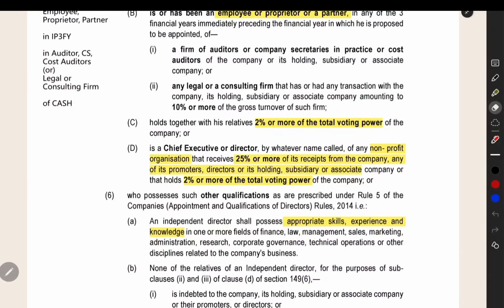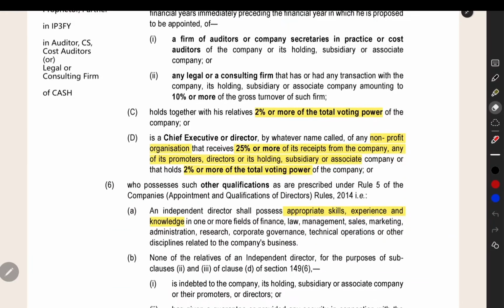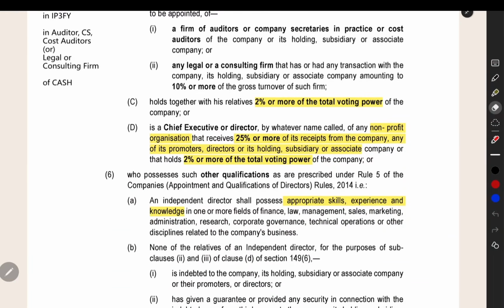Then also you are not allowed. You and your relatives, both of them should not be here. And if you are holding with your relatives 2% or more of the total voting power of the company, then also not allowed. And then if you are a CEO or a director of a not-for-profit organization (NPO)